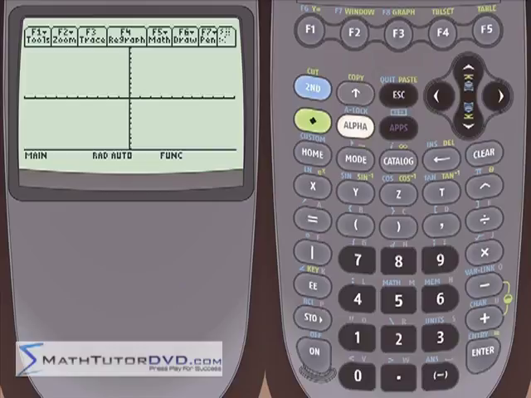Hi, and welcome to this section of the TI-89 Calculator Tutor. In this section, we're going to learn how to use the graphing functions of the calculator to find the